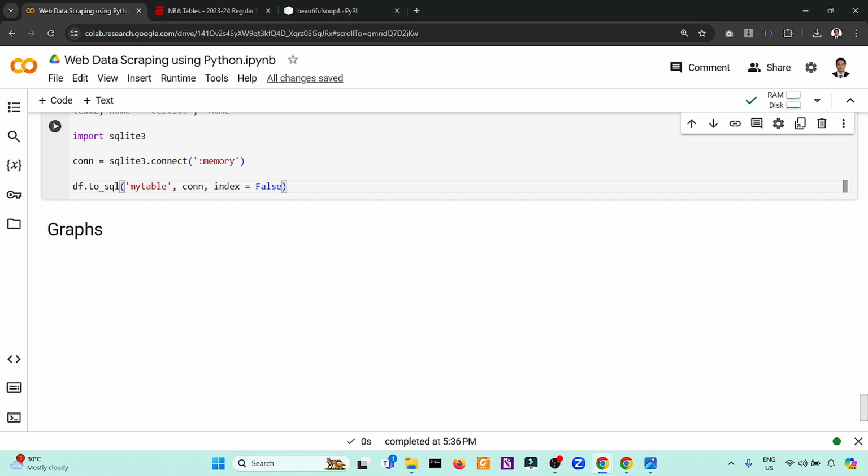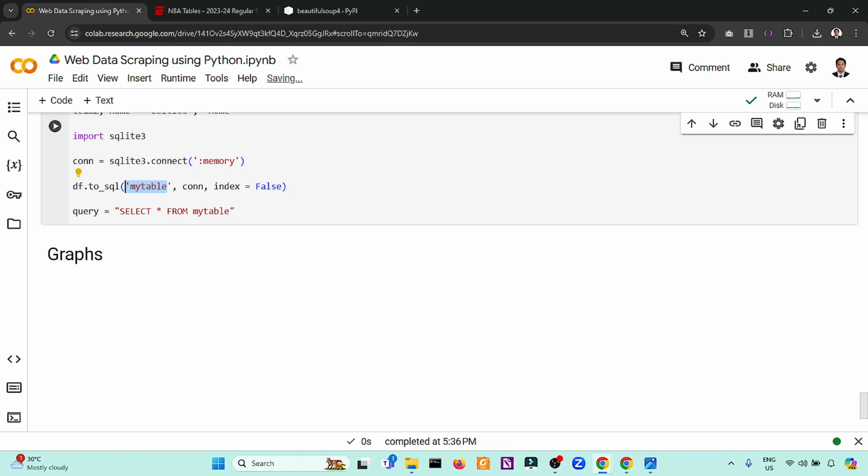Then from here, we can create a SQL query. If you're familiar with SQL, let's say select all from my_table, which is the instance of the data frame, where team like. So we will use a wildcard.